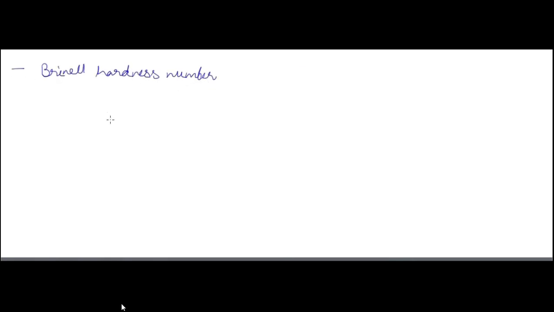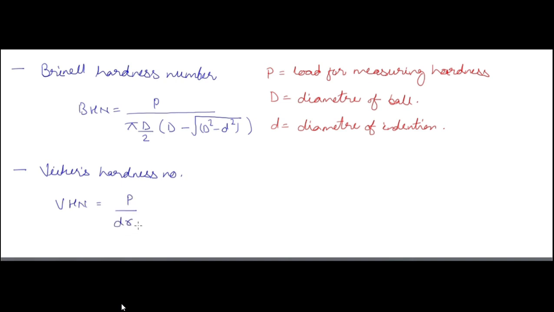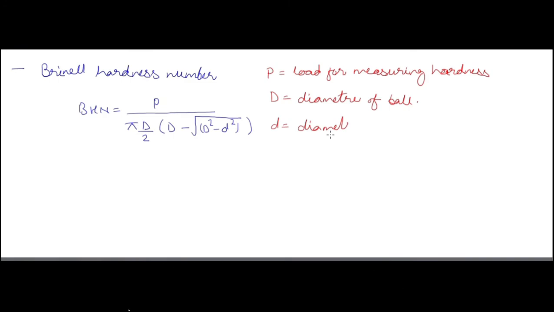Now this is concerned with material science, but it is concerned with GATE, hence we have to study this also. So Brinell hardness number and Vickers hardness number, it is not related to bending moment diagram, it is related to material science, but it is in the syllabus and it has come here, so write this formula also.